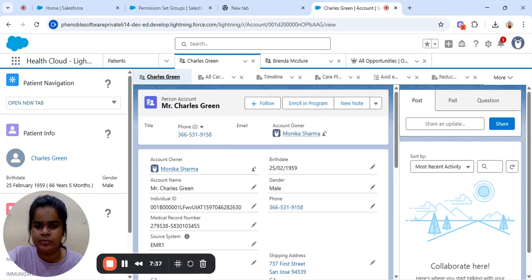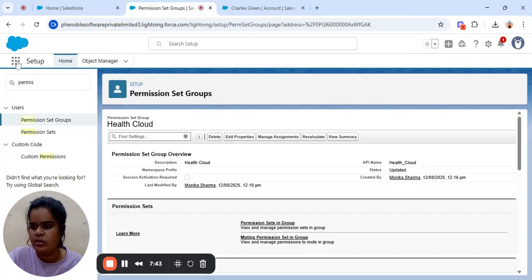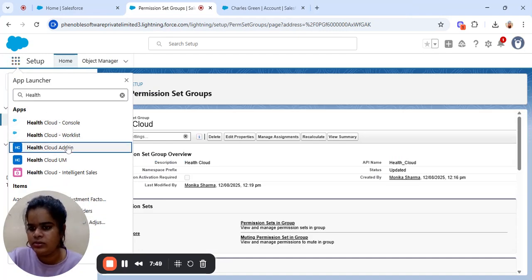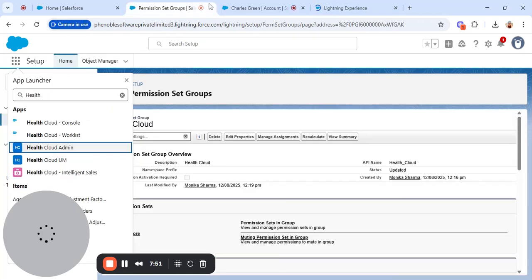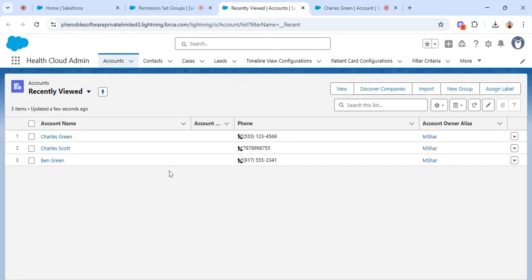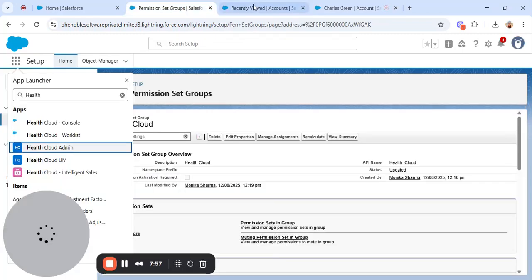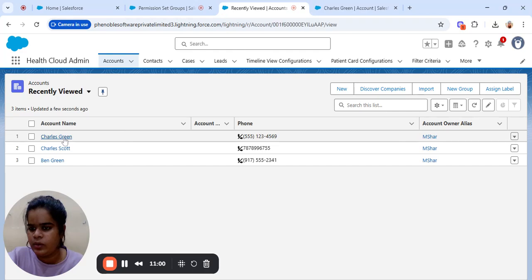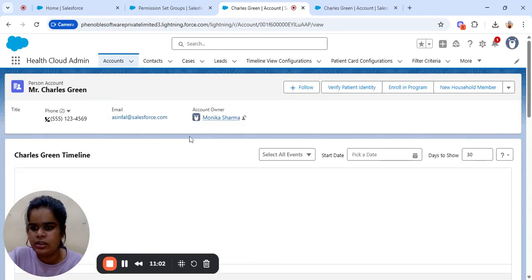We can change the page layout for this. Let me just open it from here, Health Cloud admin. Okay, so I have opened the Charles Green record.